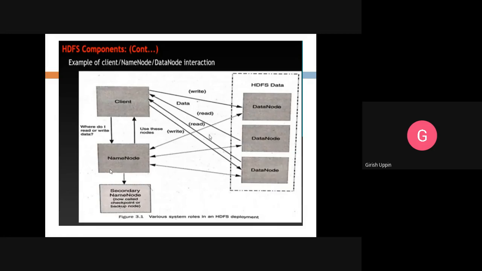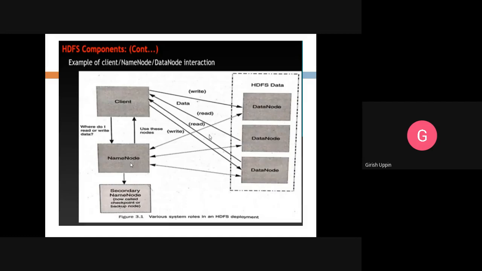And there would be another file, which is an edit file, and what the edit file will have is whatever changes are happening to the data. So that is how, in the event of any failure, it can be recovered without any loss of data.